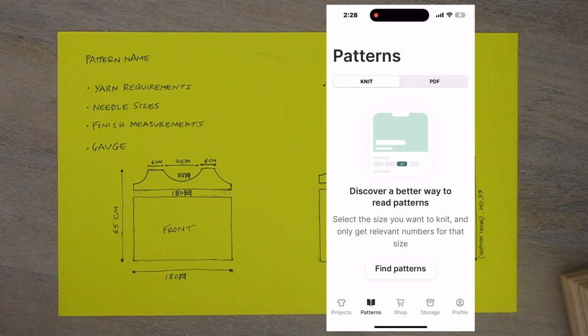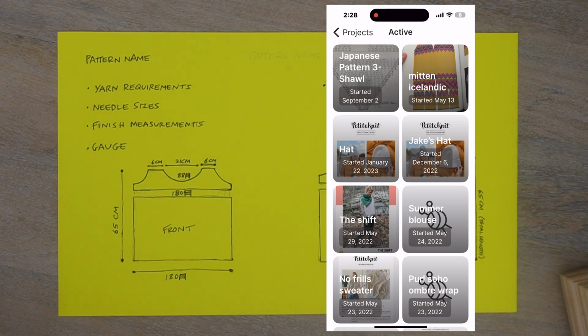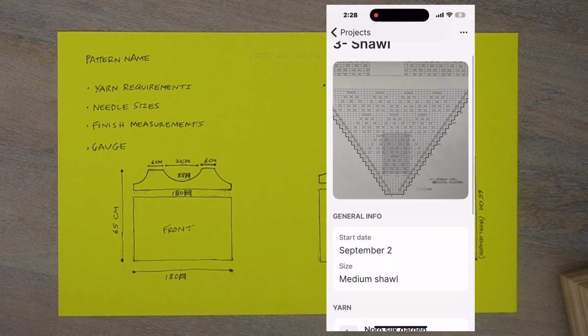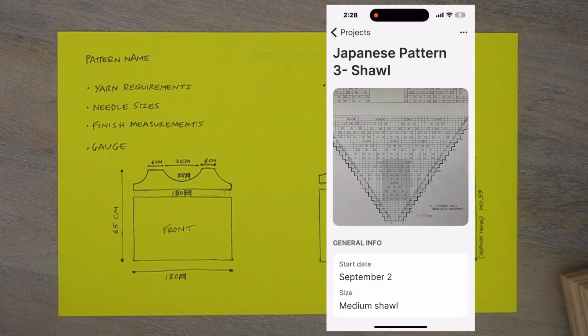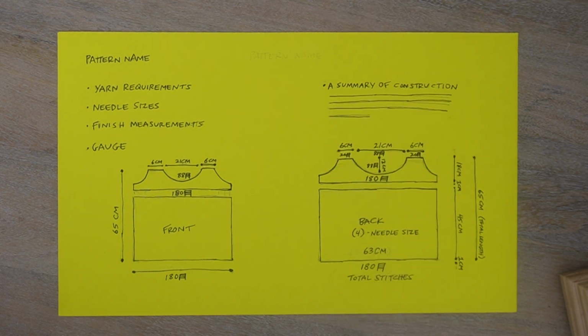So whenever you want to count your rows and what stitches or what repeats you're in, they've got all the tools of the trade there. There's another app called Knit. I actually employ both. I think there's benefits with one versus the other in terms of complicated patterns and how